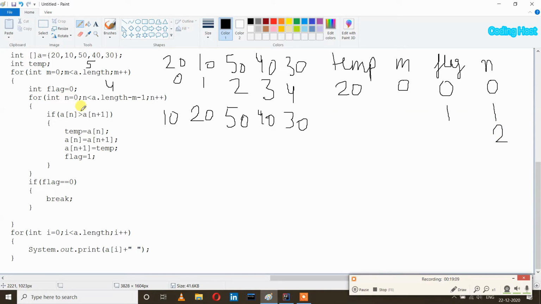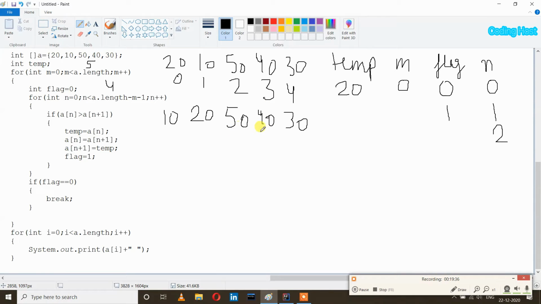Now it will again check that n is less than a.length minus m minus 1, so n is 2 and it is less than 4, yes, true. And after that we get inside our loop, and here again the if statement, if a of n is larger than a of n plus 1. So at index 2 the element is 50, and at index n plus 1, so 2 plus 1 is 3, the element is 40 here.